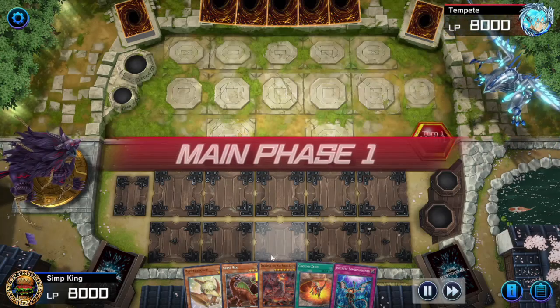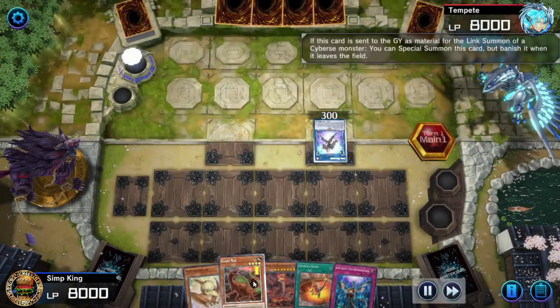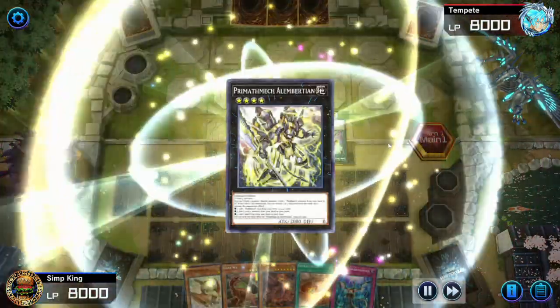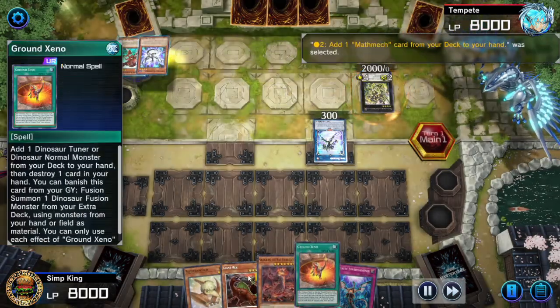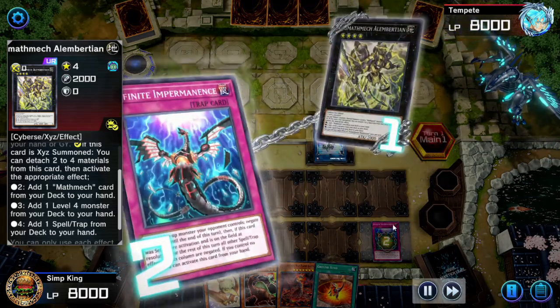Now, just because you don't have turn 0 plays, it doesn't mean you're gonna lose. We got lots of interaction in this Dinosaur deck list. Like I said, I will have the full deck list at the end of the video if you want to try out turn 0 Dinosaurs. Not gonna lie though, this is an extremely expensive deck. It is so many URs. Dinosaur tax is real. We're gonna negate this Prime Mathmech Alum version to stop them from doing their Mathmech combos